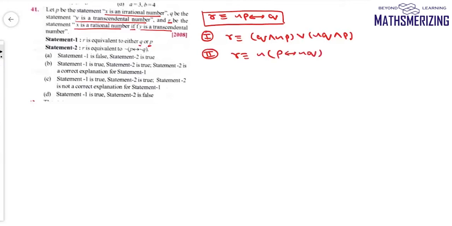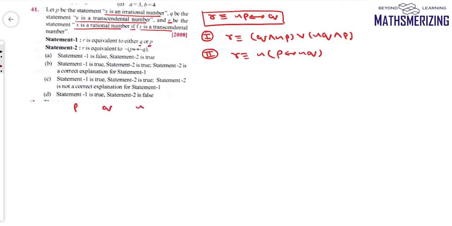So now we'll solve this question using a truth table. For a biconditional statement, it is always better to use a truth table rather than algebraic properties, because then the statement will be very long and it will be very difficult to sort it out. So here I'll write truth values for